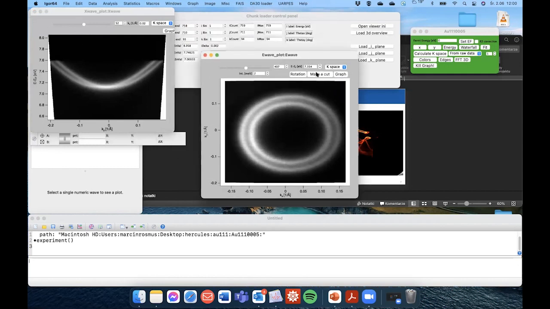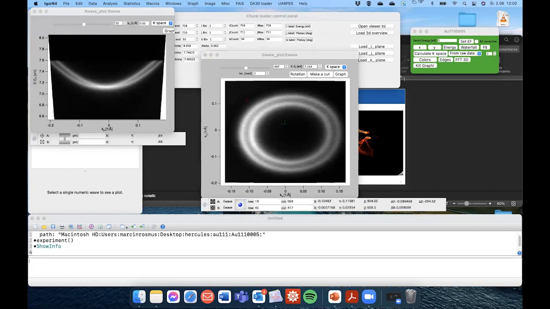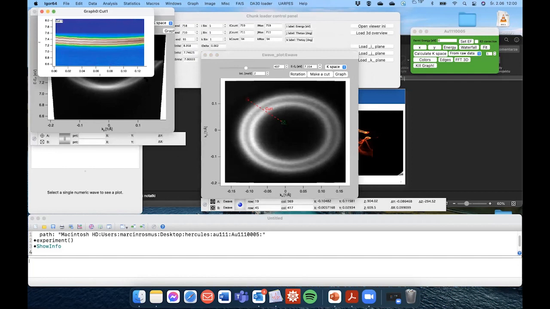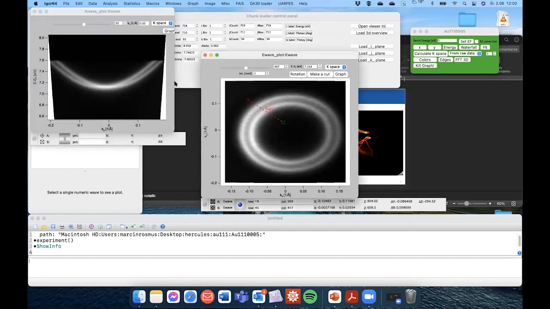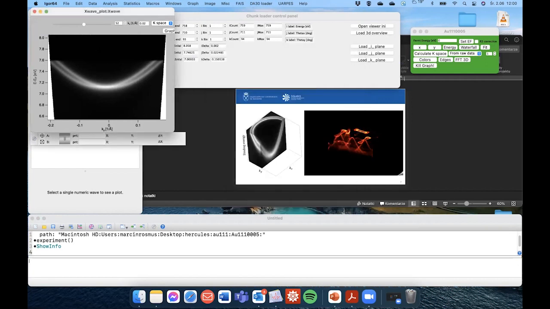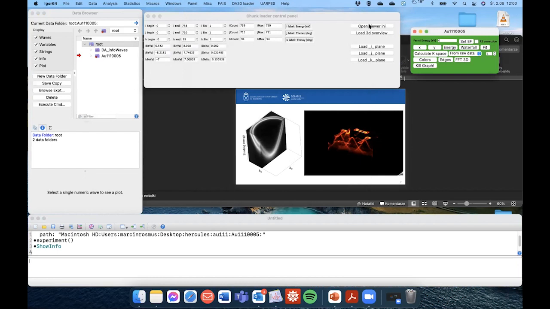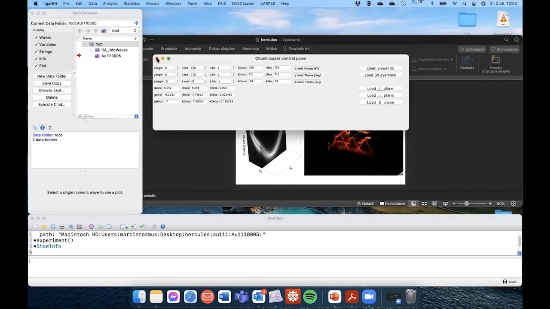We can make cuts for these structures. And basically speaking, we can perform the whole data analysis that is necessary for the ARPES measurement. Okay, so that was the first part of my talk, and the second part would be